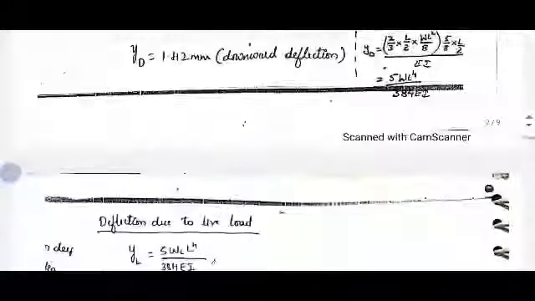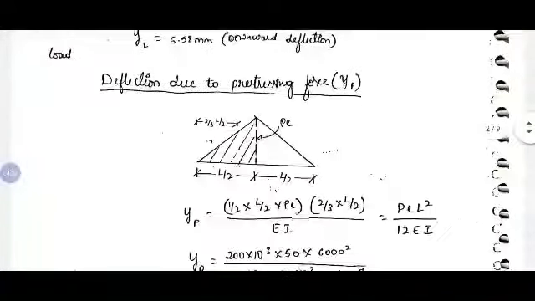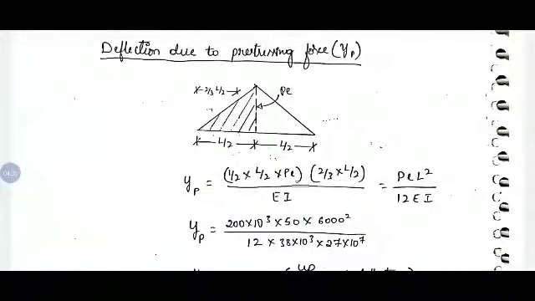Same way, let us go for live load. In the question the live load is also a uniformly distributed load. So the formula will be the same, 5 WL power 4 by 384 EI. On substituting we will get 6.58 mm, and again it will be downward deflection. Now we have calculated deflection due to dead load and due to live load, and the third thing remaining is deflection due to pre-stressing force. As I explained in the theory part,